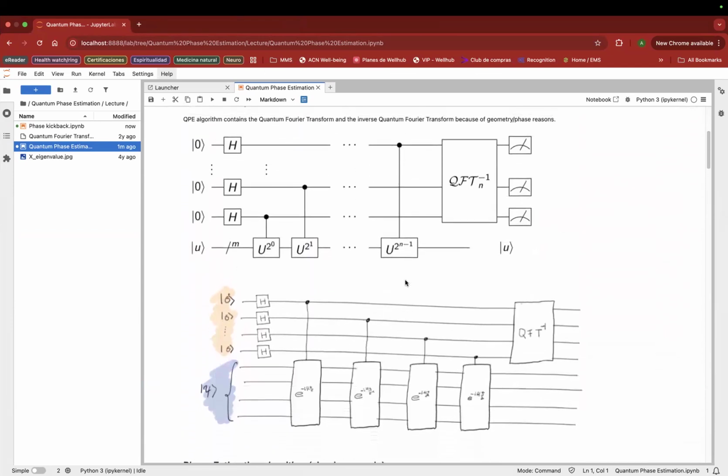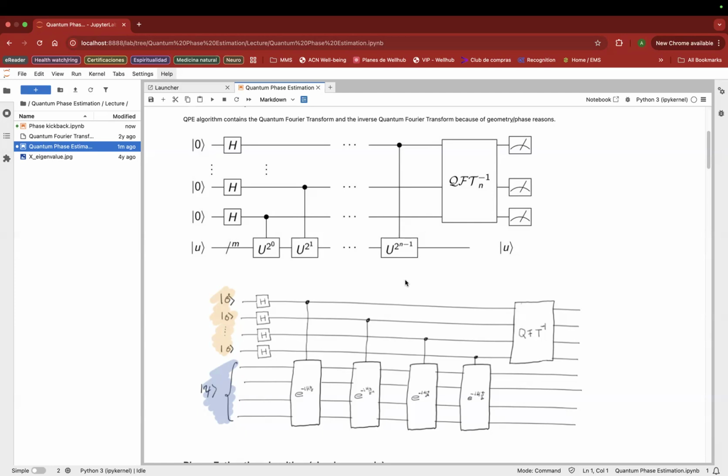And how can this help for business? What are the use cases? What are the problems it solves? For example, Google Maps. You will see that later on in the master's as a Hamiltonian. If we can express the different ways I can go from point A to point B in a matrix, thanks to the quantum phase estimation, I could get the solution faster than its classical counterpart. I could get the minimal path, the fastest way to go from point A to point B. This is one use case.